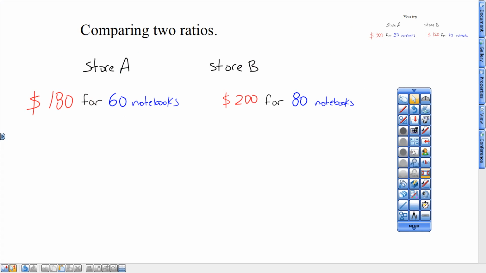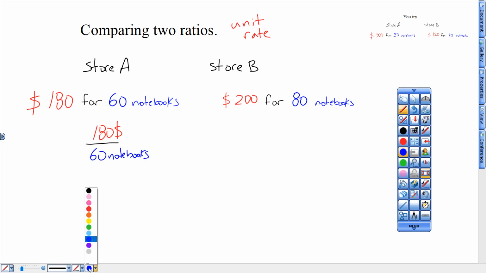All right, and then this one you have to know. Ratios where you're comparing unit rate. These are unit rate ratio problems where I deal with the units. So I got $180 and that's divided by 60 notebooks. When I divide that on my calculator, again, typing that top number divided by the bottom number, it will spit out the value of that ratio. So 180 divided by 60, calculator spits out